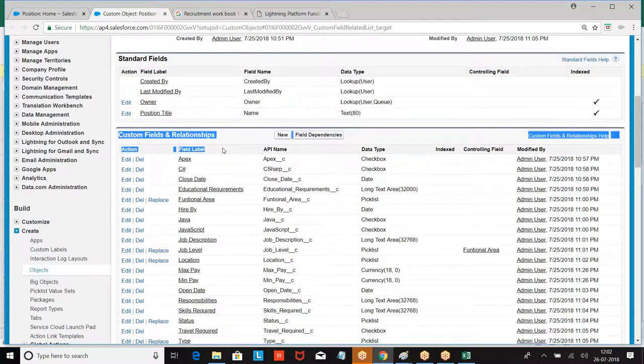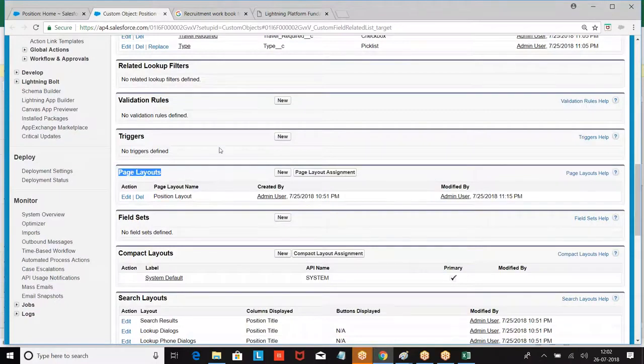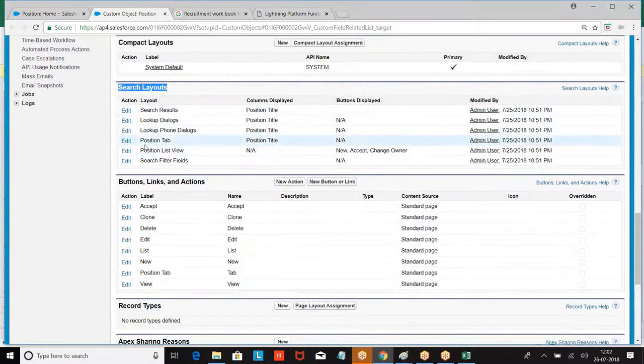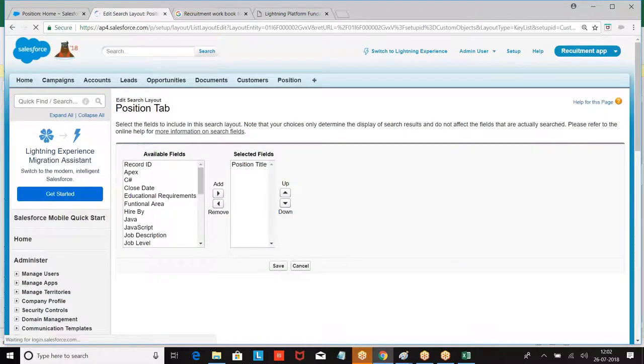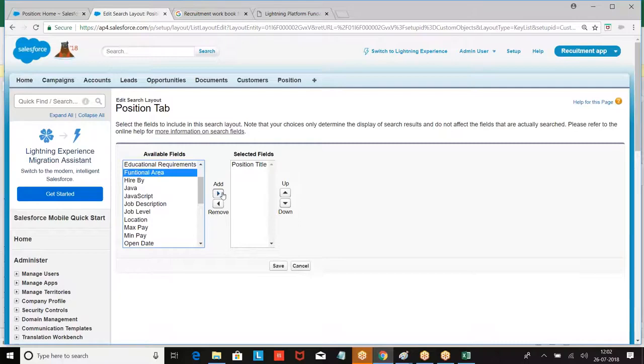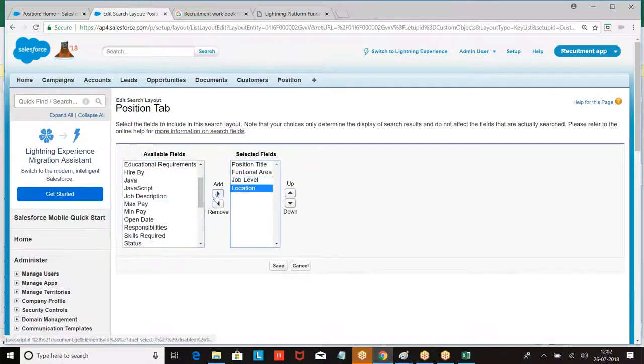When you scroll down, custom fields, page layout. We scroll down, what are you finding here? Search layout. In the search layout, what are you finding here? Position tab. When you click on the position tab, which field should be displayed? Position title, functional area, job level, location, max pay.